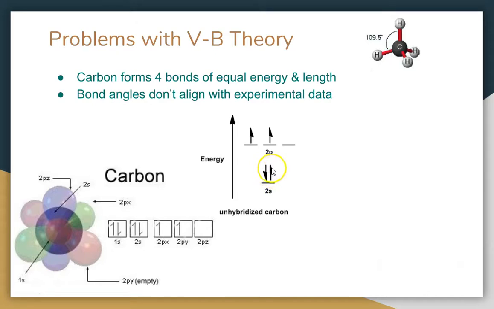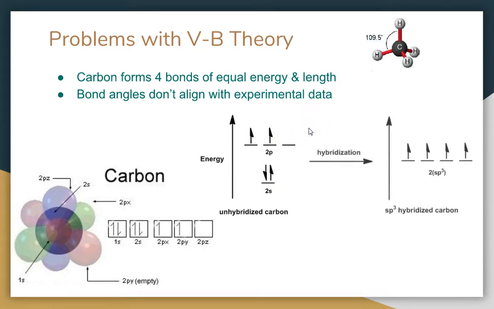And again, even if we promote one electron up to the p, it still doesn't solve the problem. So how we understand this to work is that they actually hybridize. They take these 2 sublevels in the second energy level and blend them into one sublevel that has 4 equal energies. And notice that it's in between the energy of the p and the s, right? So it's like an average or a blend of the 2. This would be called the sp3 hybrid orbital, where we have 1 s and 3 p's blended to